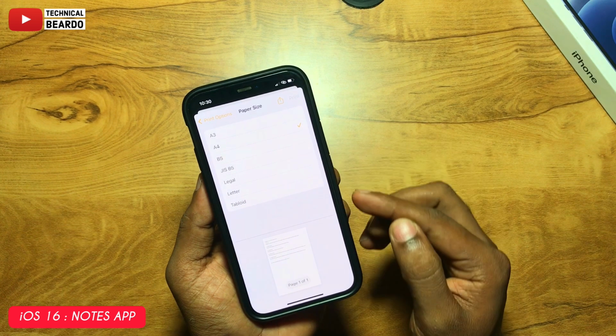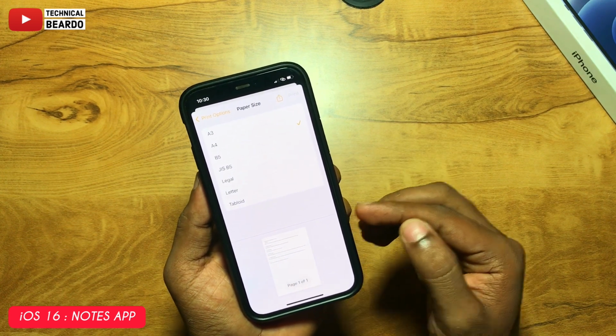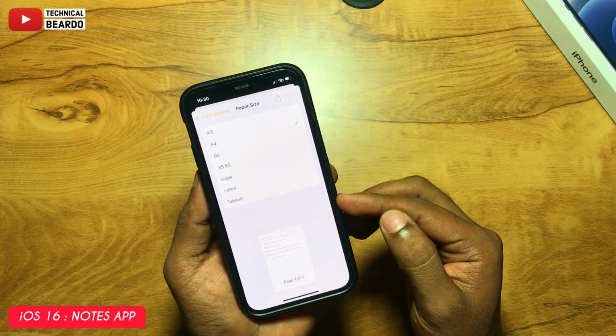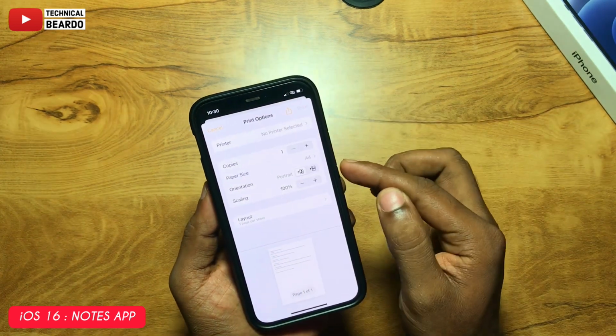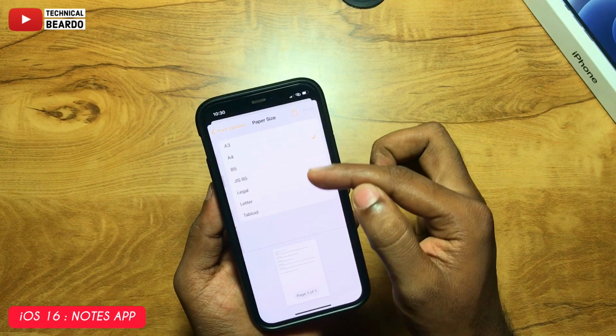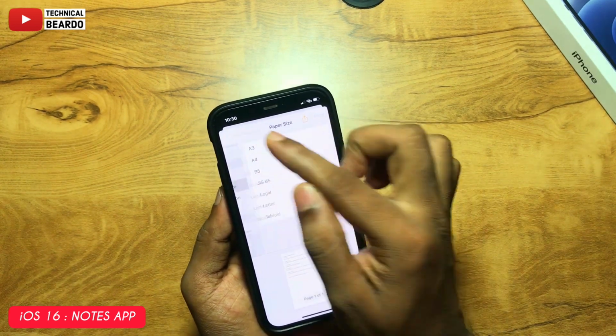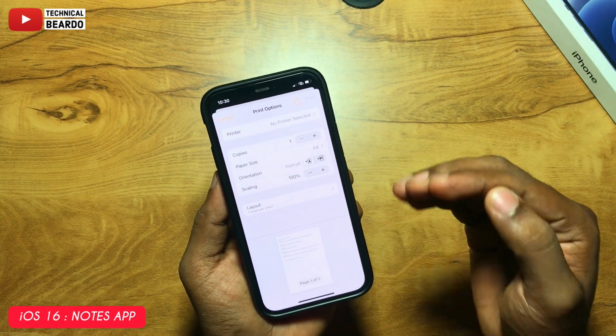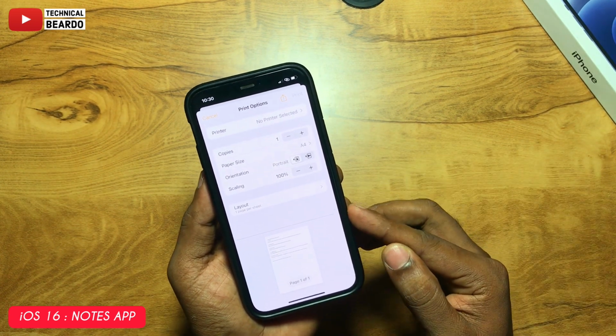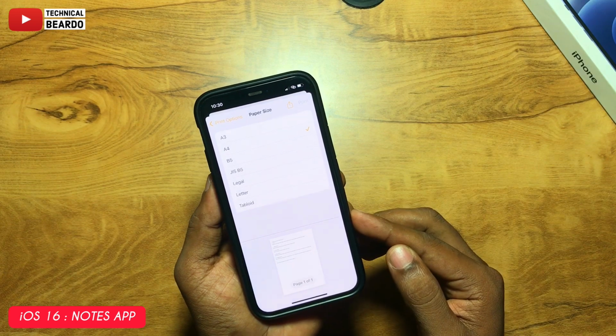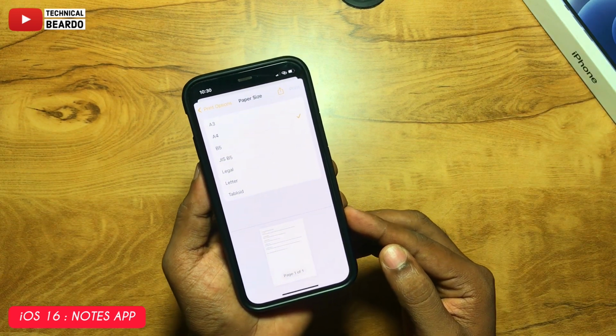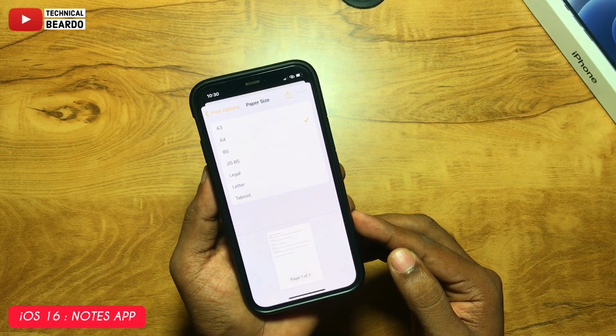Okay, that is done. Secondly, if you see here the paper size, the paper size given to you is as per the document, not as per the photos. So here it recognizes it is a document. So similarly, as per document, a paper size option is given to you in your printing option. So from here you can choose your paper size as per your choice. It's a really cool feature available for your document as well.